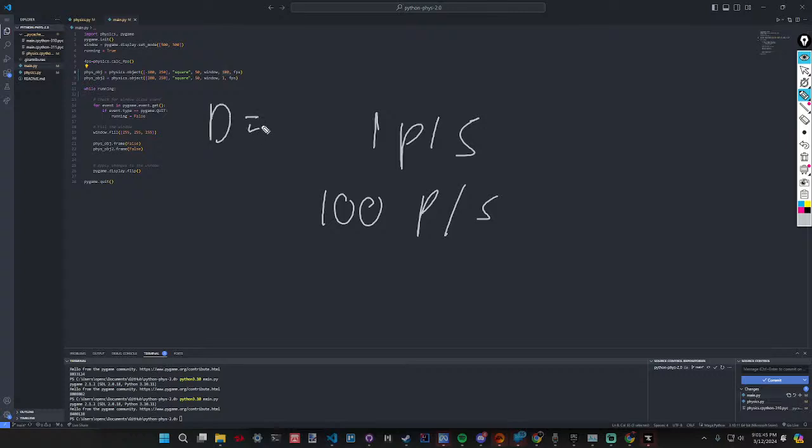So when your density is 1, it would accelerate at 1 pixel per second, and then at density 100, it accelerates at 100 pixels per second.